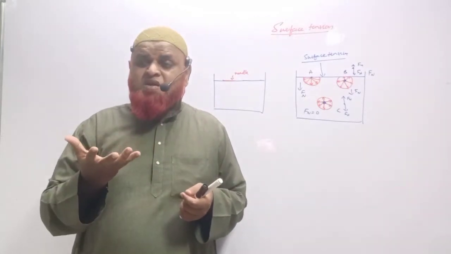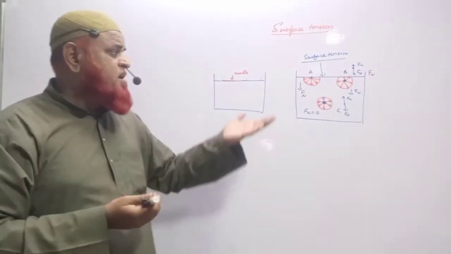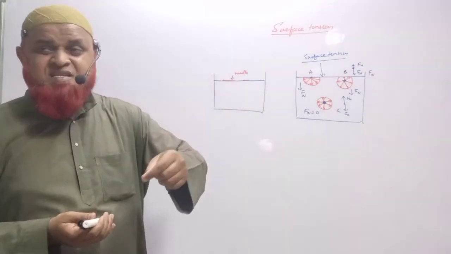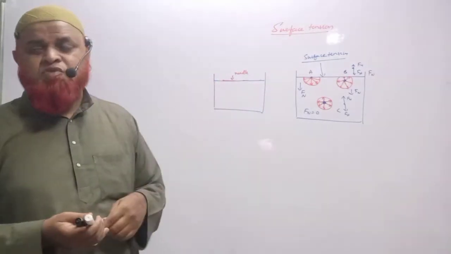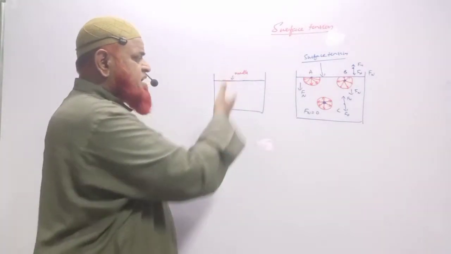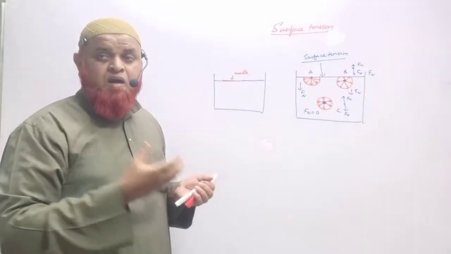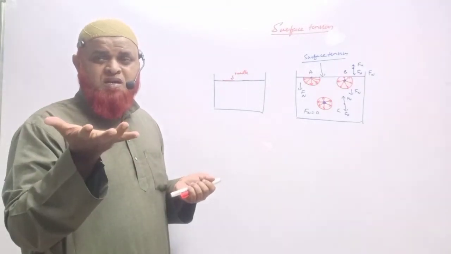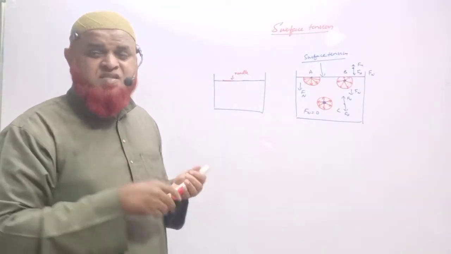The surface of the water is able to act like a membrane which can hold the needle if you place it gently. But when you push it downwards, it crosses the membrane, then what happens? The needle gets drowned. What is that capacity which is going to hold the needle? That is called surface tension.